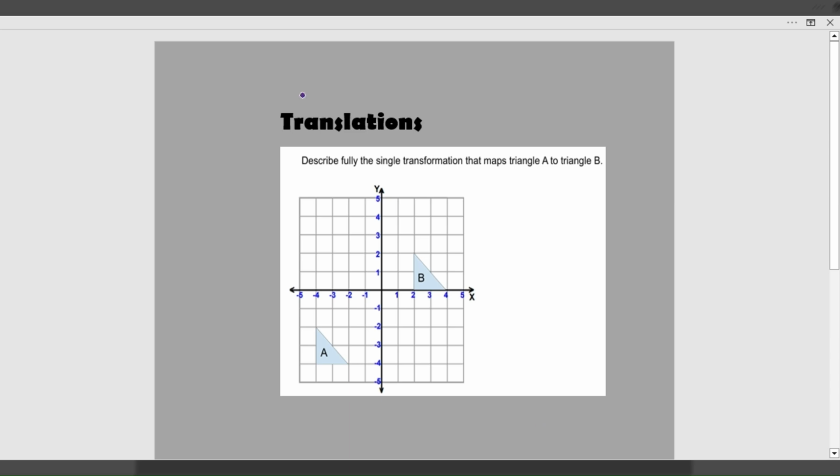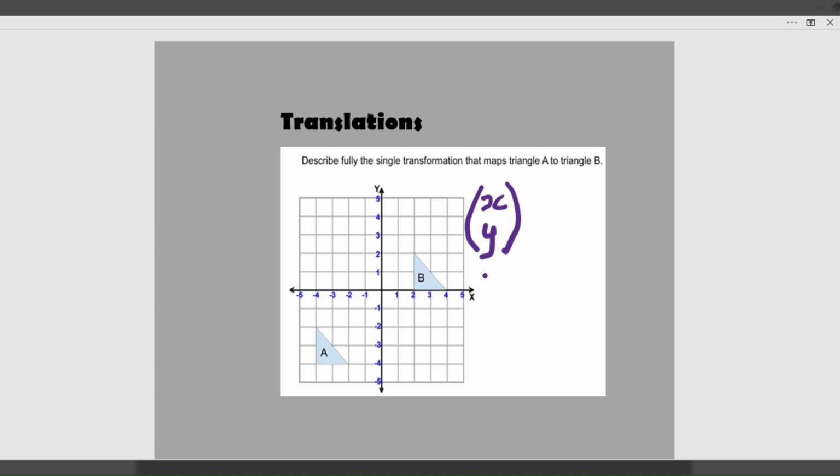So in this question, we are asked to describe fully the single transformation that maps triangle A onto triangle B. Now with this translation, you're expected to give your answer in this bracket where the top number describes how the shape has moved along the x-axis and the bottom number is how the shape has moved vertically with the